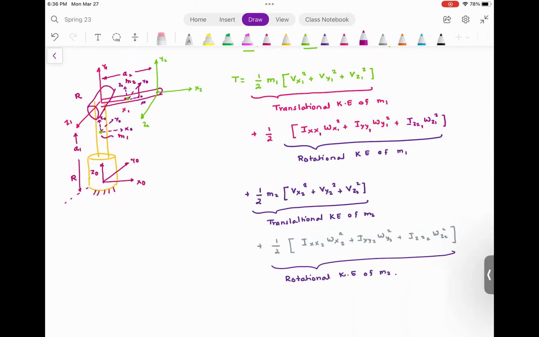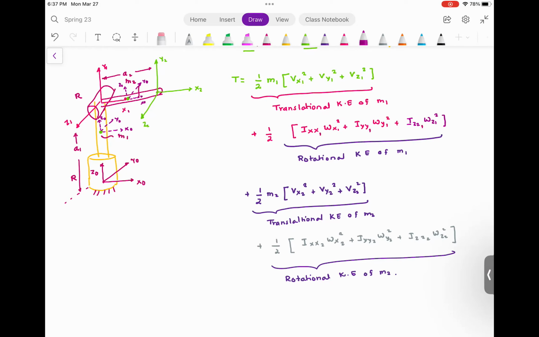Those links are not massless. The first link has mass m1, the second link has mass m2, the first link has length a1, and the second link has length a2. We have to first solve the forward kinematics problem, which means we have to find out 0h1,